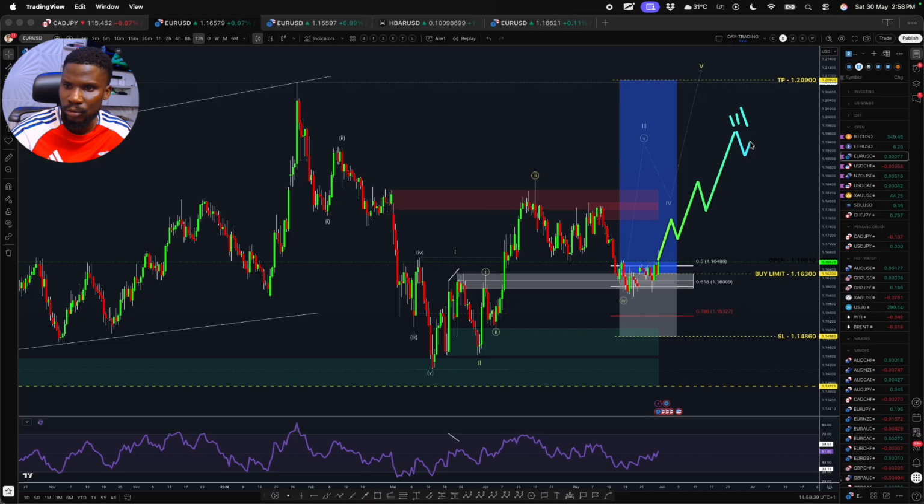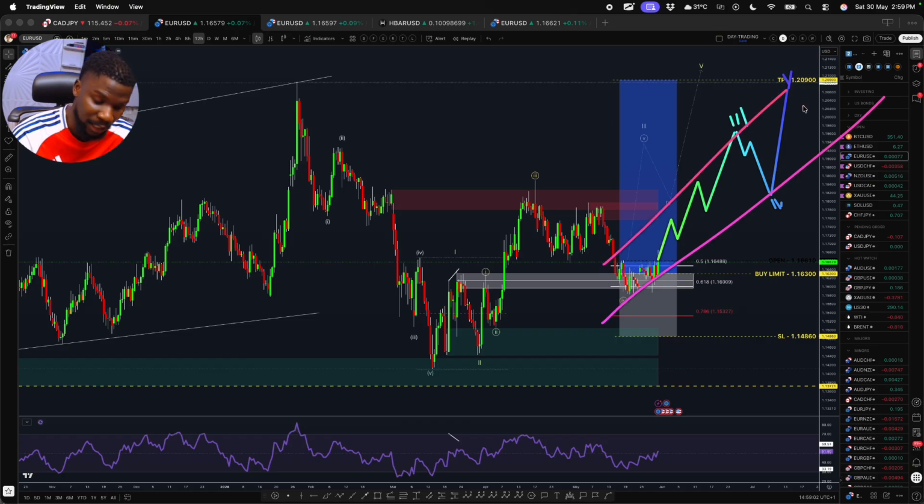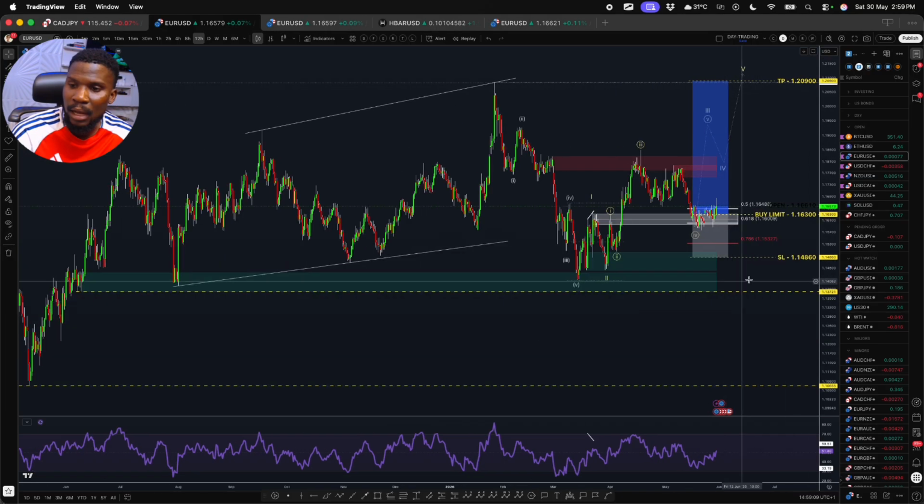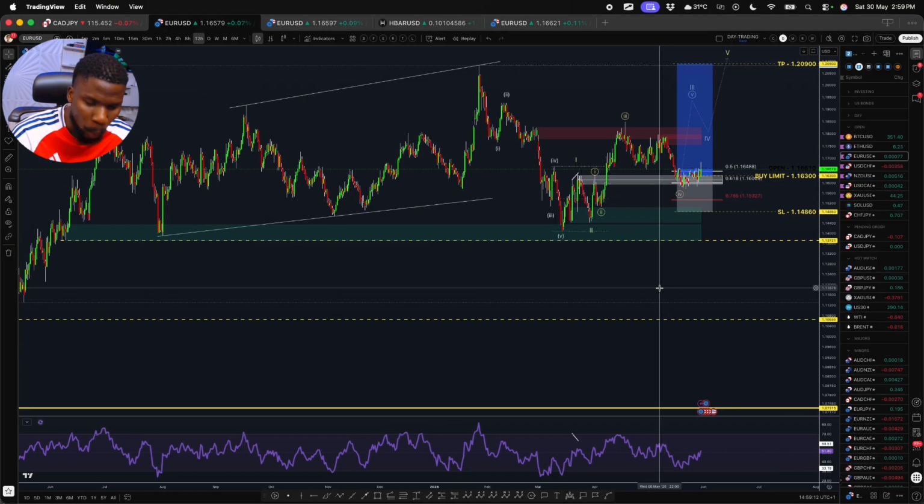Then maybe 1, 2, 3. We have 4, and then we have our fifth wave, which is now going to complete the entire C. Okay, for that, we're going to C, and then we're now going to get our drop in the price of euro dollar. But for now, I'm still waiting for this particular move to the upside. If that happens, fine. Alternatively, if that is not the case and euro dollar decided to fall because dollar index decided to go up, I will start selling euro dollar the moment